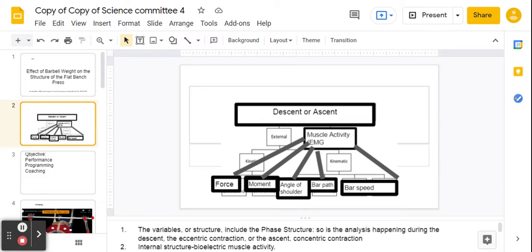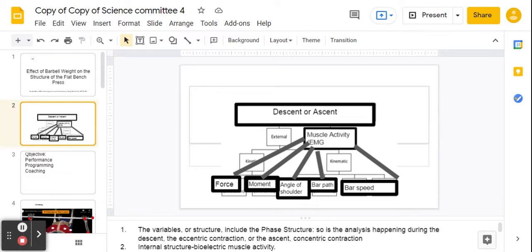So descent or ascent is the bar going up or the bar going down. We also have the internal structure, so muscle activity as measured by the EMG. And then we also have our external structures, the kinetic and kinematic variables that have a relationship, a correlation or a significant effect. So we're talking about force, moment, angle of the shoulder, so adduction, abduction, flexion, and extension, bar